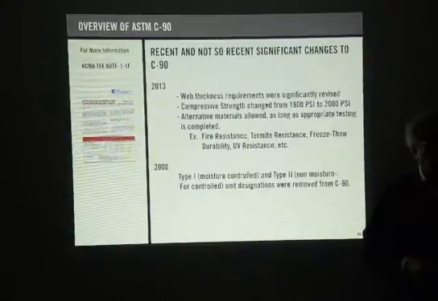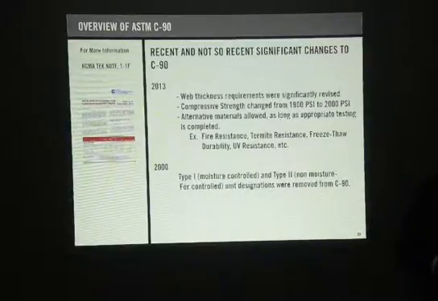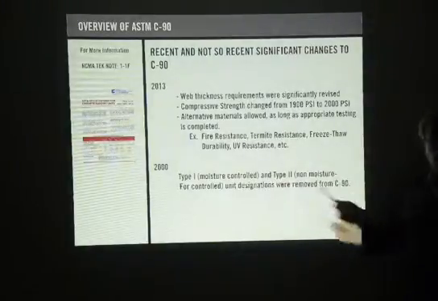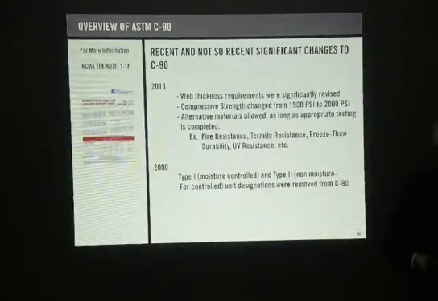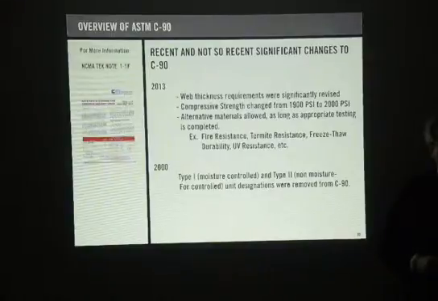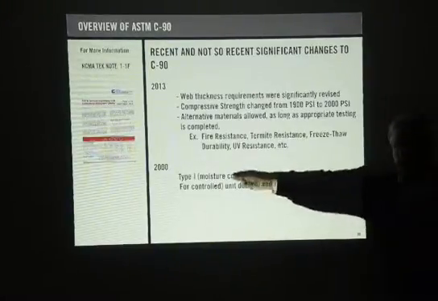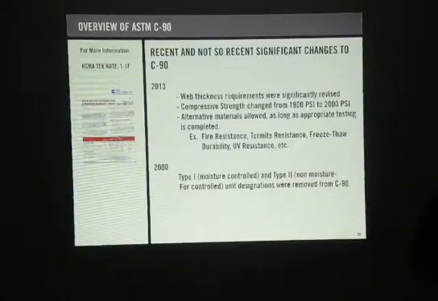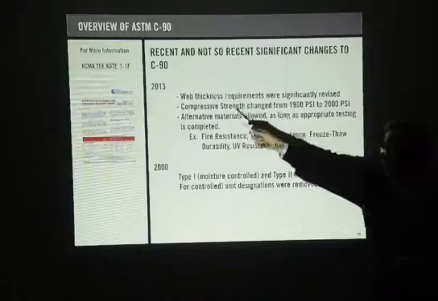However, we still see some specifications out there that have not been changed or altered. Is there anything wrong with having Type 1, let's say? It cannot, but it also can. It all depends upon the moisture considerations that need to be made for a block wall or a block building. But in 2013,